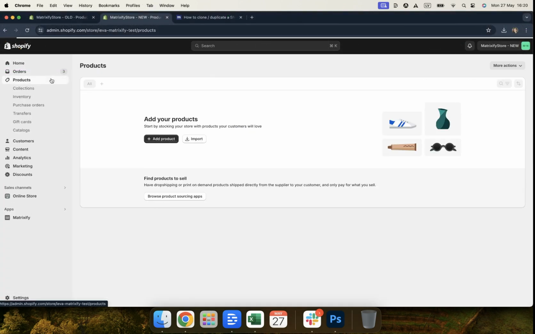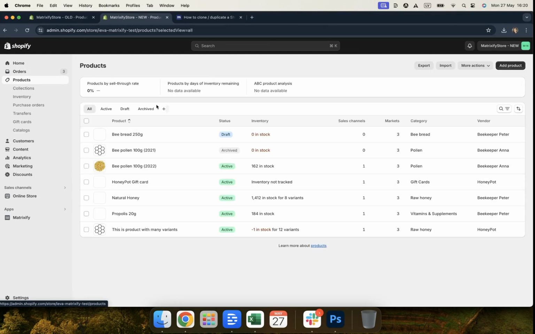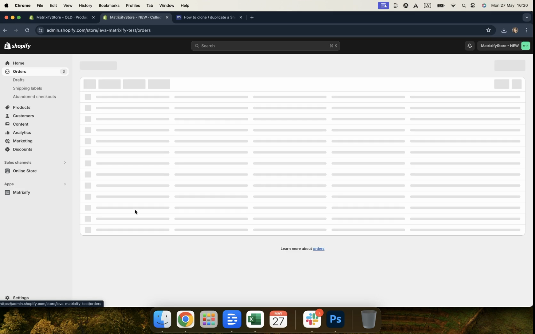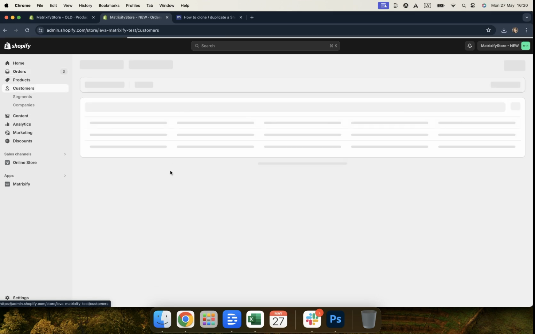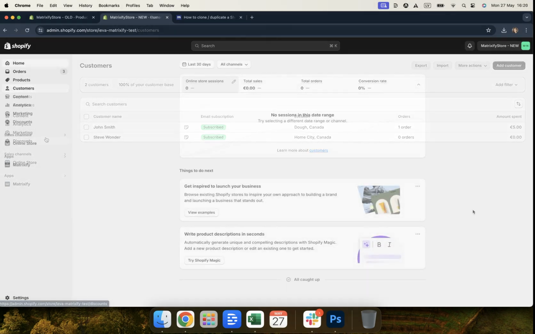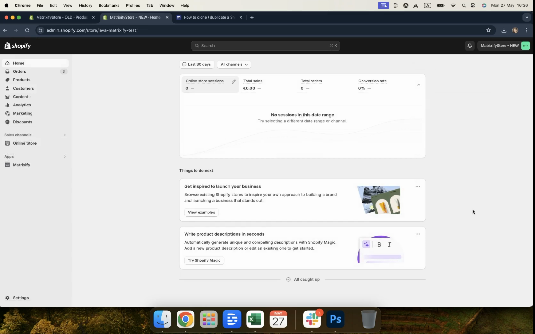So if we look now in our new store, we will be able to see that it has all of our products. Here we can see the collection was created, orders have been created, customers have been created as well, and everything is as it was in our previous store. And that would be how you can clone or migrate your data from one Shopify store to another Shopify store